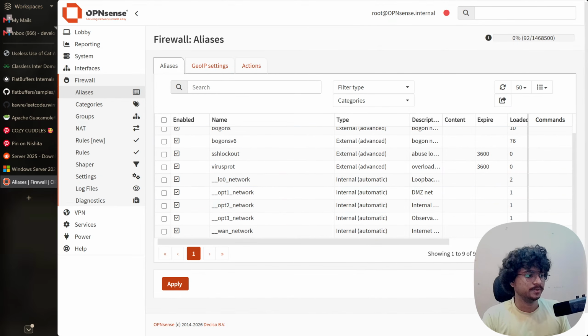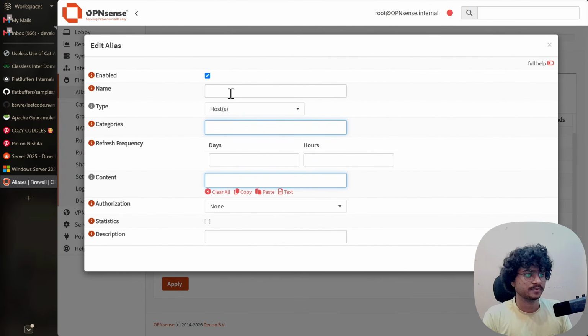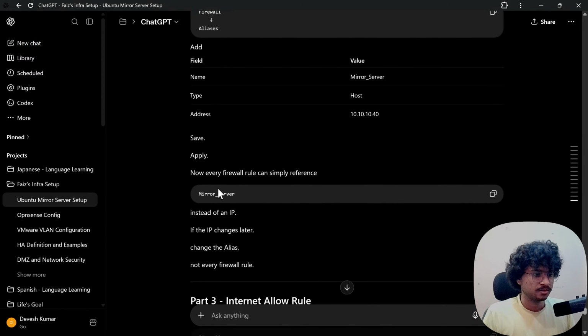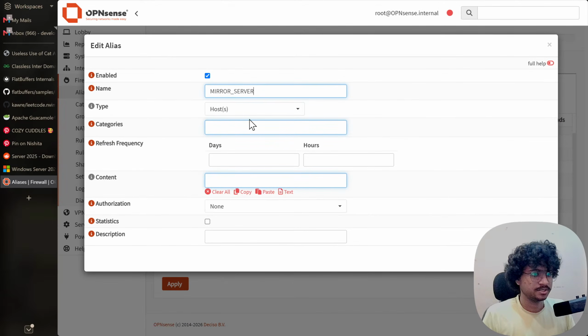I have to create a new alias. Name: mirror server, type host.